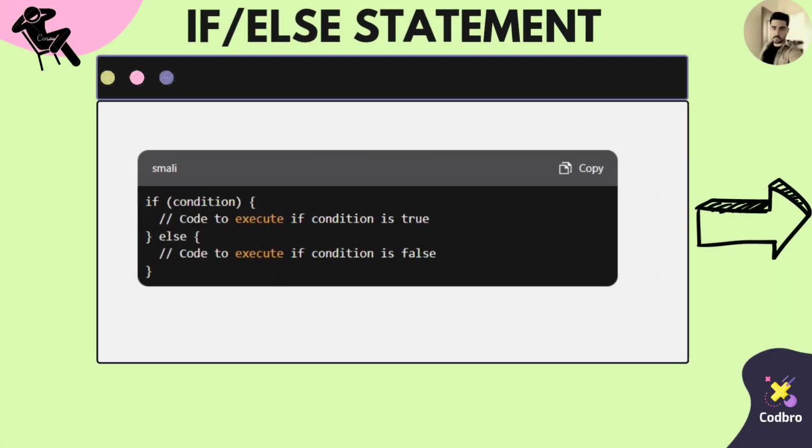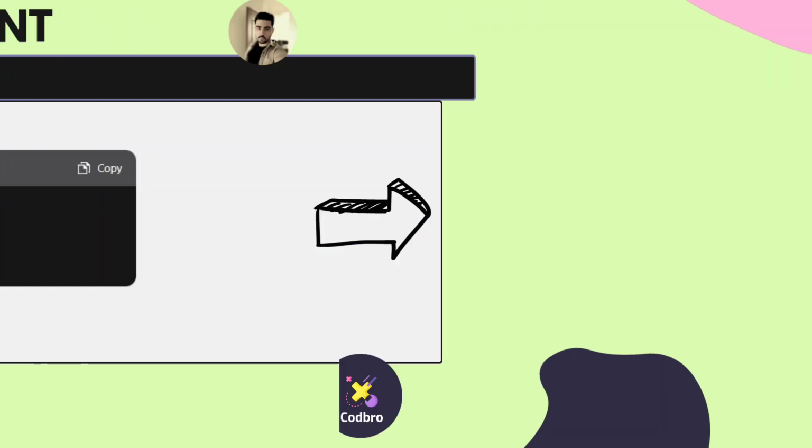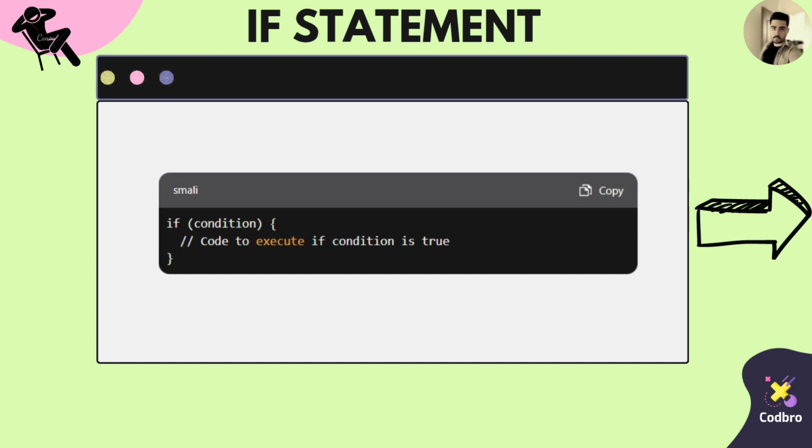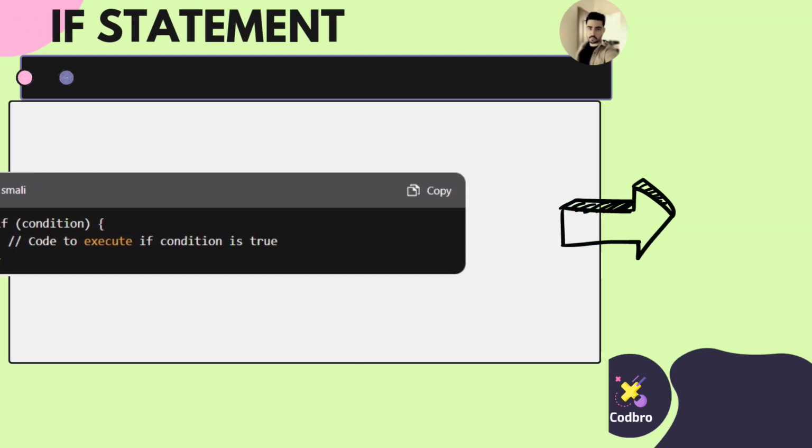If and else is the most common condition in JavaScript. It is used to execute one block of code if a condition is true, and else is for if the condition is false. We all heard about if, which is used to execute a block of code if a certain condition is true. These are the most